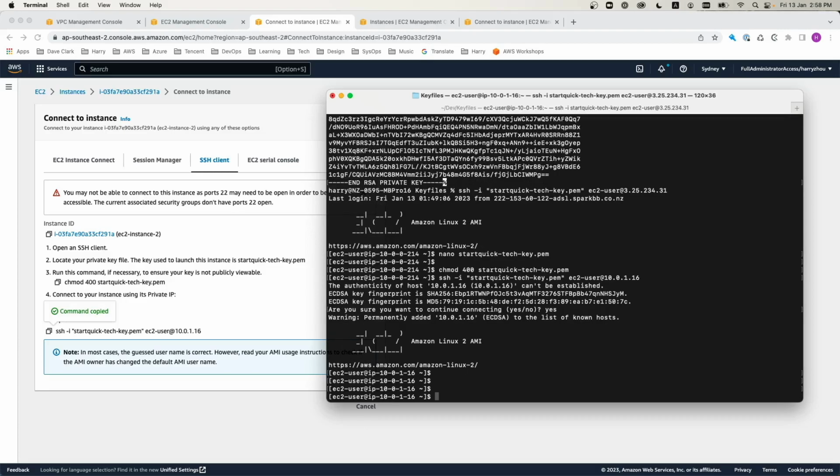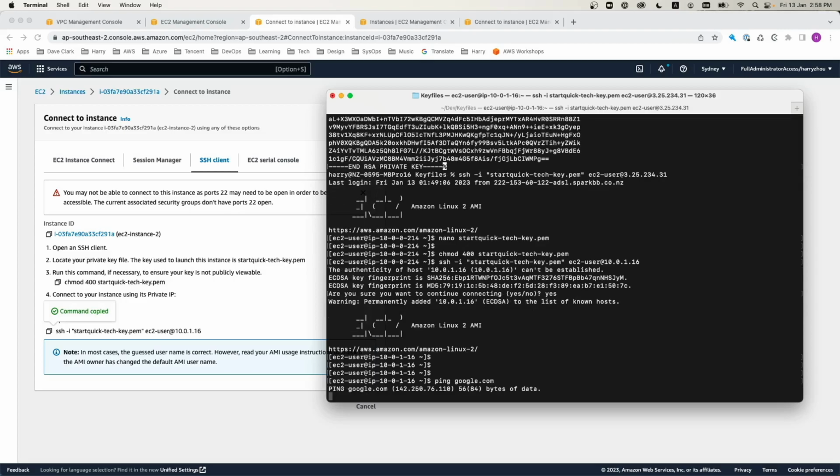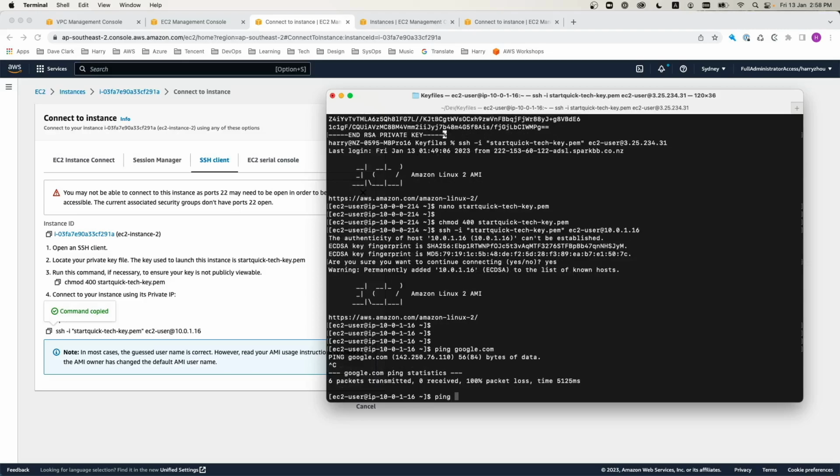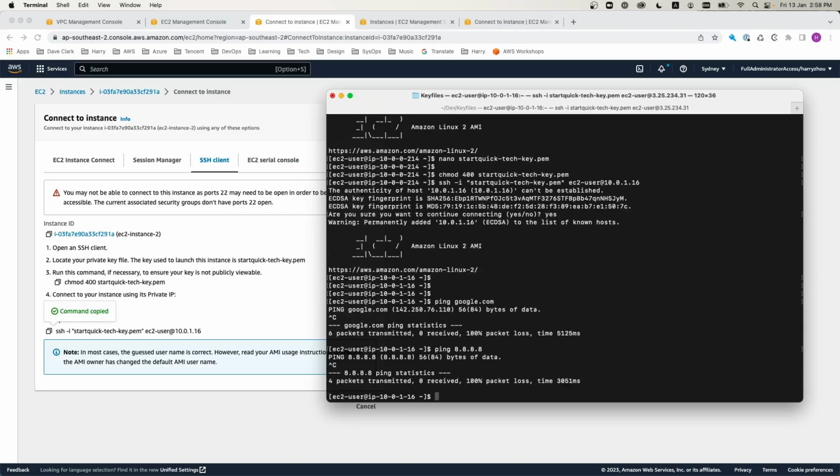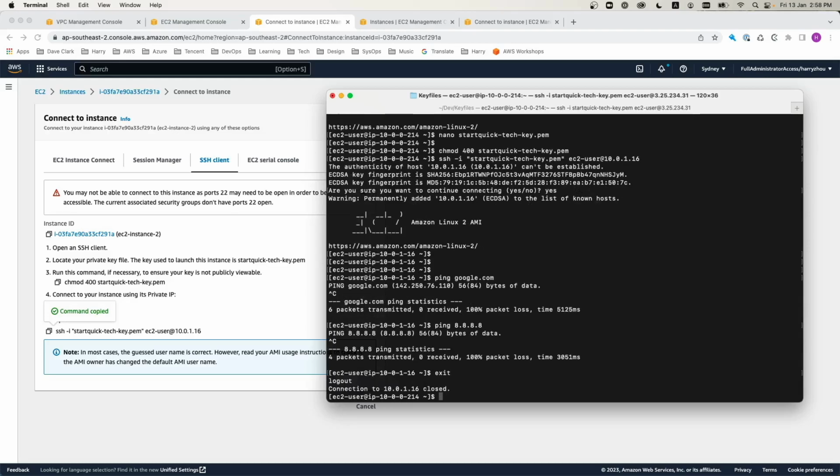So what we're gonna do is try to ping Google. Obviously we can't do that because we can't talk to the internet. Someone will suspect a DNS issue, so we just do this. See, we can't do that anymore. We can't do that, and if we exit, we can do the same thing on